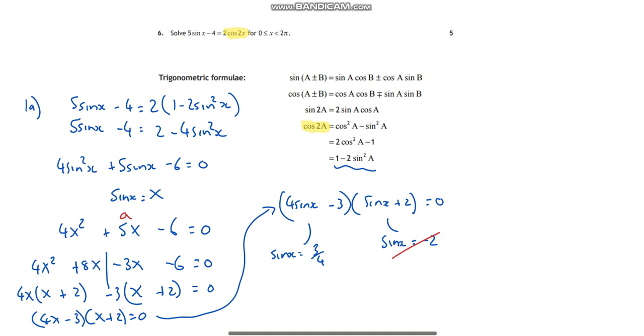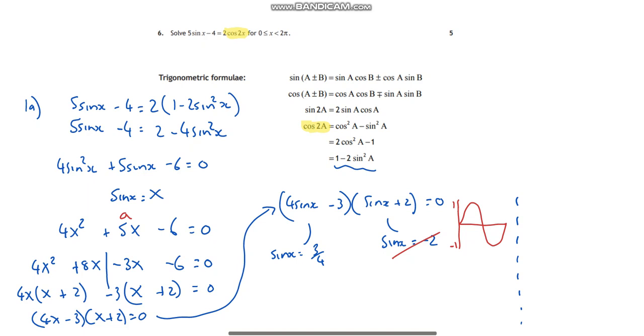Sin x never equals negative 2, because I have to draw out my sine graph. Well, my sine graph does something like this. It goes up to 1, down to negative 1. Negative 2 would be down here somewhere. So no, that doesn't work. So you can say that's an invalid solution. That's fine. But what you have to do is go and solve the last bit, which is sin